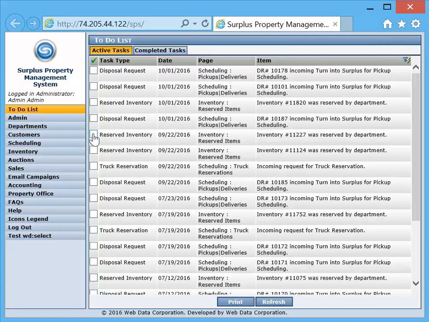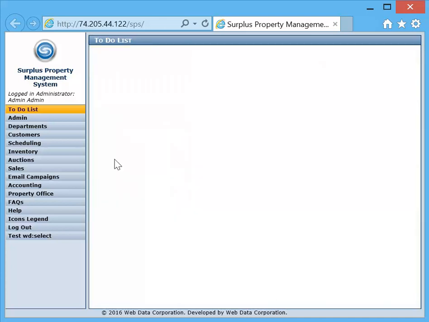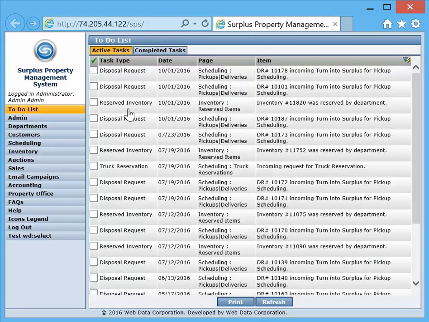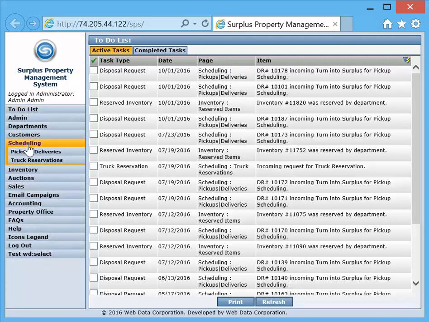So if we wanted to get rid of some of these, the 922s for example, these four here, let's say we'd completed those, then the next time we logged in, we wouldn't see those in the list. The 922s have gone, as you can see. The first thing you're generally going to do is come to the scheduling for pickups and deliveries, because here you